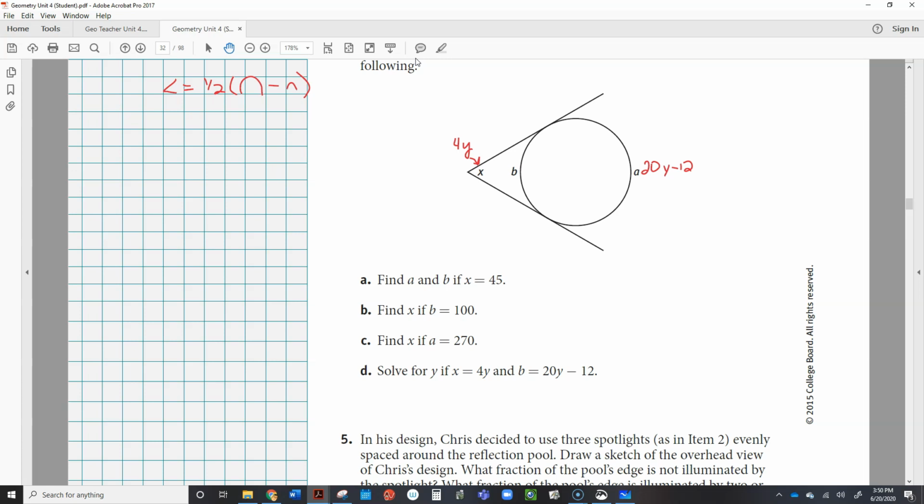So even though it's not going to be pretty, this arc right here is 360 minus whatever this arc is. 360 minus 20y minus 12. Whatever this arc is right here, this arc is 360 minus whatever that one is. So plug in our formula: the angle is 4y, and that's equal to the big arc. A is the big arc, so it's 20y minus